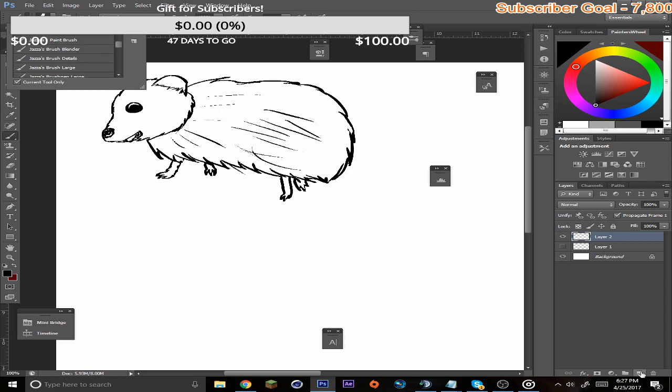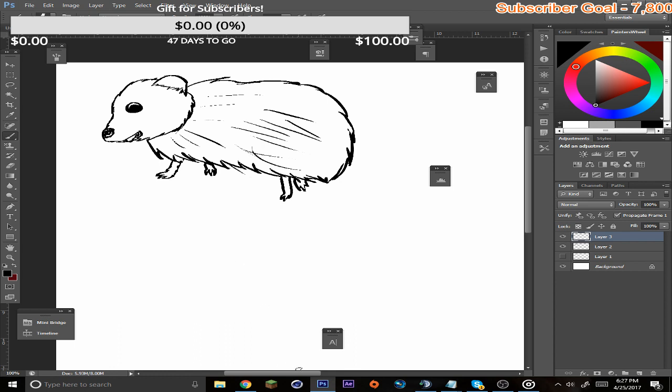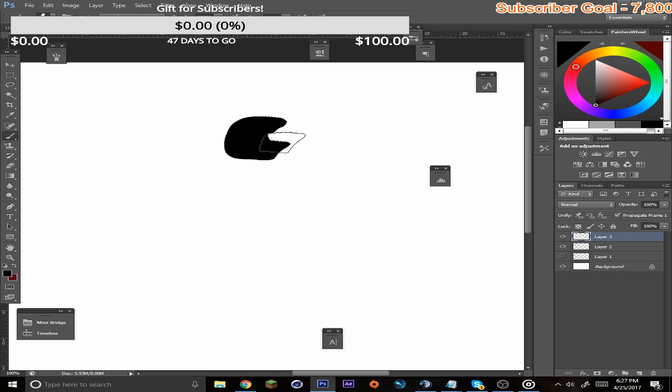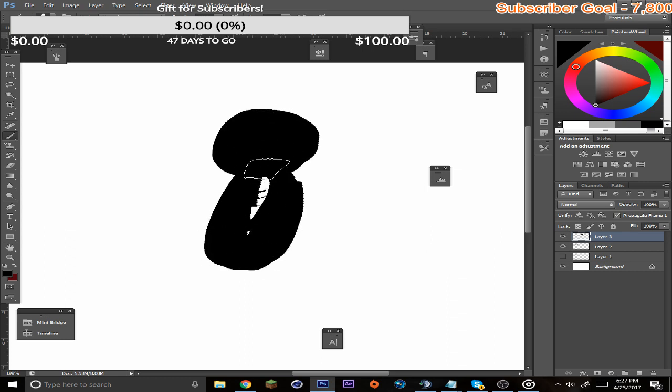So what I'm going to do is take this, and take my brush, and make it really big. I'm going to draw what I want the hedgehog to look like. So we know what the hedgehog looks like, but I want this hedgehog to be a cool hedgehog almost. It's leaning back almost, and no, it's not dabbing. It's resting his arm like this, and holding a cup of coffee almost. Like it's a cup of coffee.